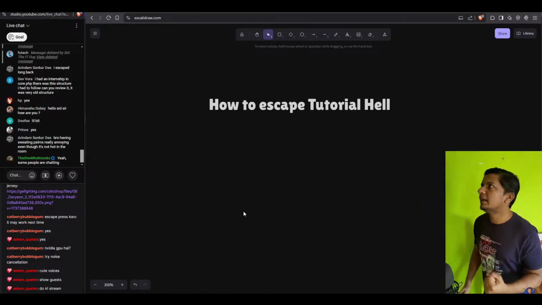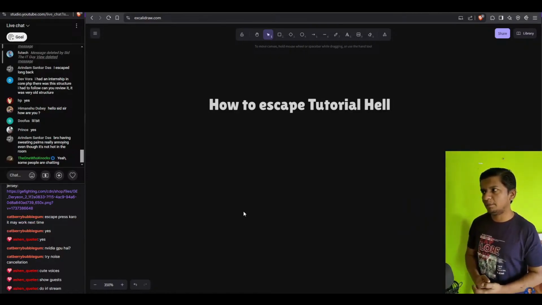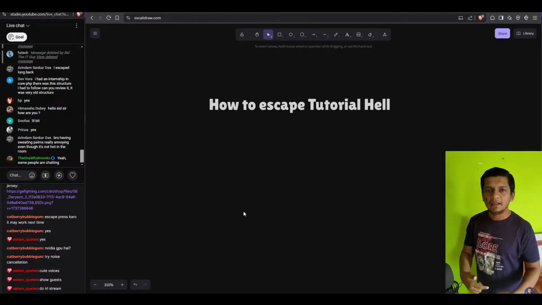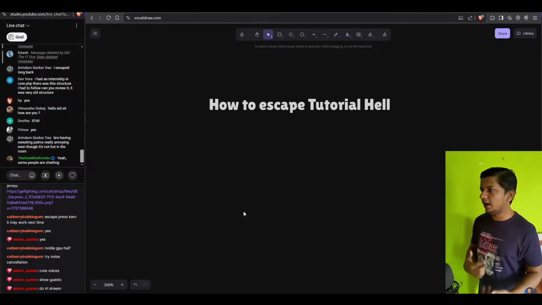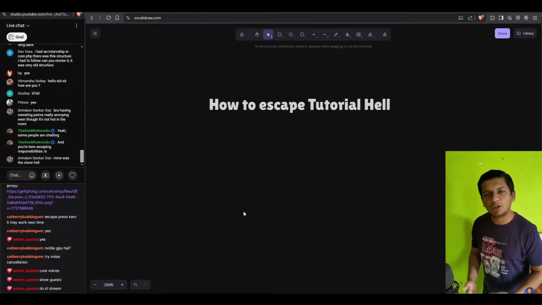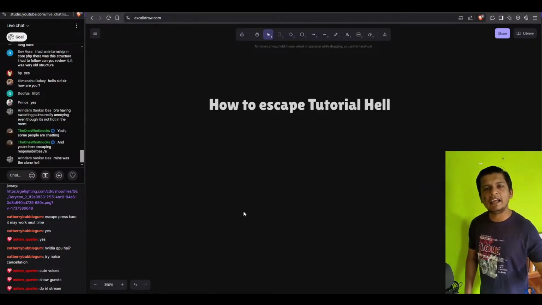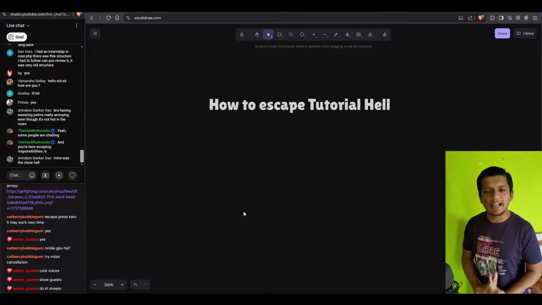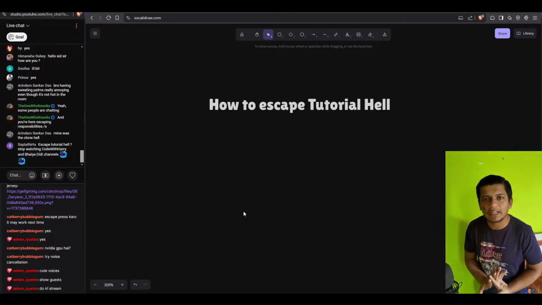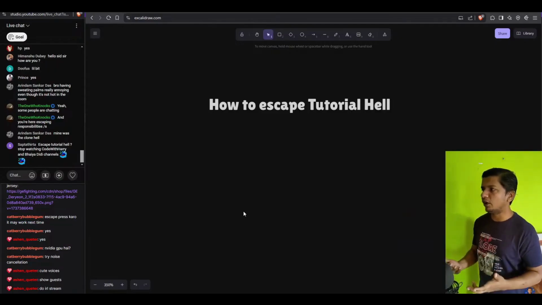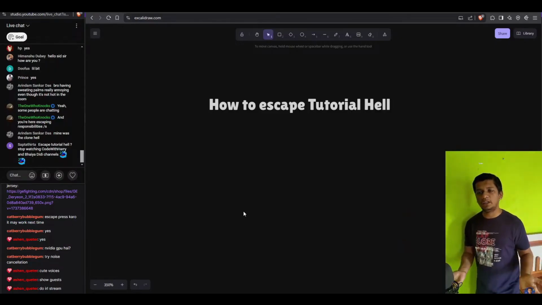They get their dopamine hit from that. And this is a problem for software developers, because this perpetual dopamine hit gives them the illusion that they are learning something, but in reality they are not. All they are really doing is watching somebody else do something that they have gained from their experience, and it just gives them depression when they get hit with an actual task, or when they have to actually go out and build something on their own. So I just want to put my 2 cents on how you can escape tutorial hell.